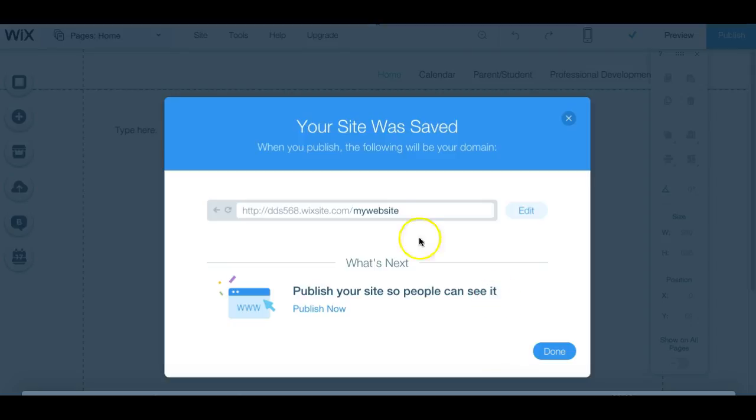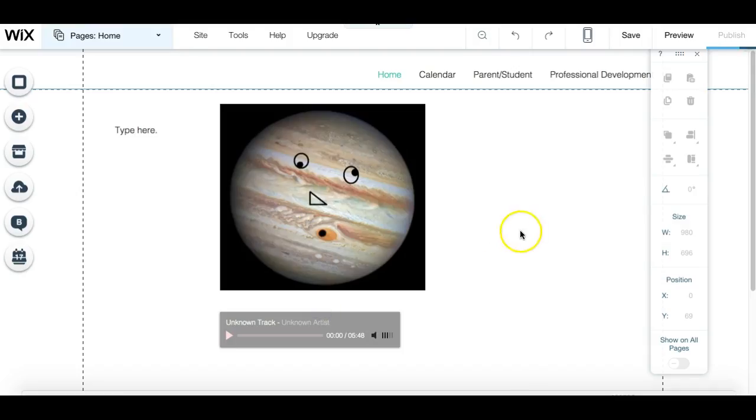So it's saving your work, and you'll notice that here is the address, and this is what you need to give me on the student information form. This is the address to your website. Without that address, I will not be able to access this, so you need to make sure that you do that. And then when you're ready, you can publish, and when you publish it, that's when I'll be able to